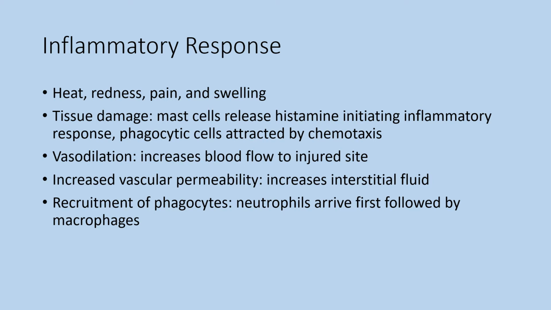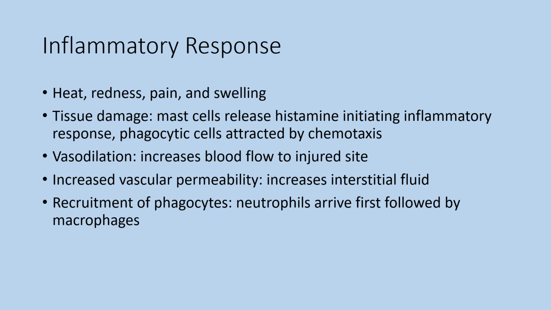Vasodilation. Your blood vessels near the area of the injury will dilate. That increases the blood flow to the injured site. That is one thing that helps contribute to the redness of the area. You also have increased temperature because blood has heat with it, so that plays a role in the warmth or the heat